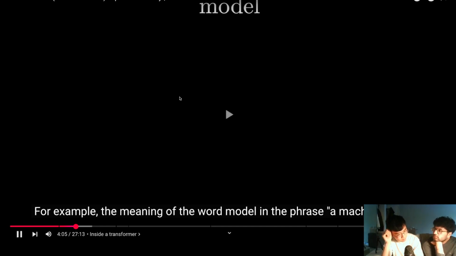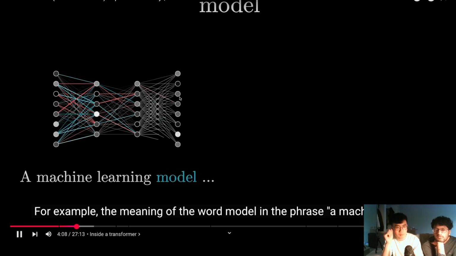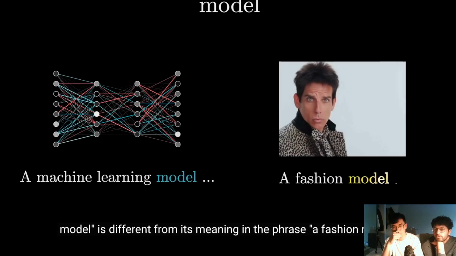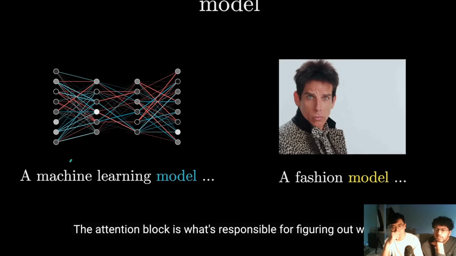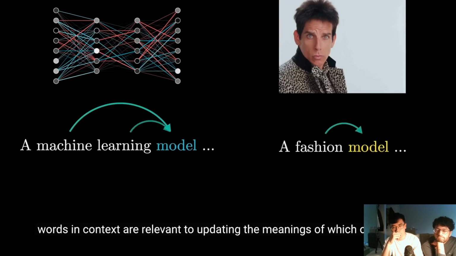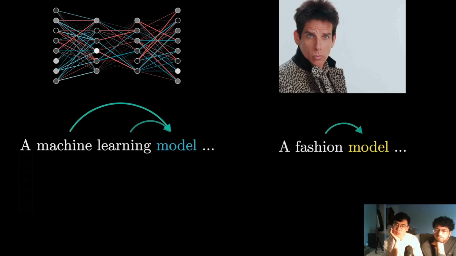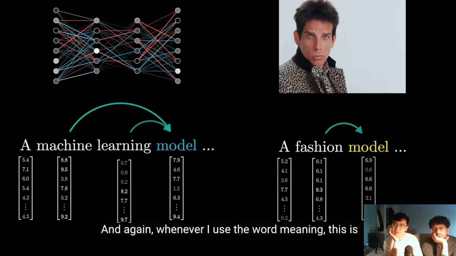Well, the meaning of the word model in the phrase a machine learning model is different from its meaning in the phrase a fashion model. The attention block is what's responsible for figuring out which words in the context are relevant to updating the meanings of which other words, and how exactly those meanings should be updated. And again, whenever I use the word meaning, this is some